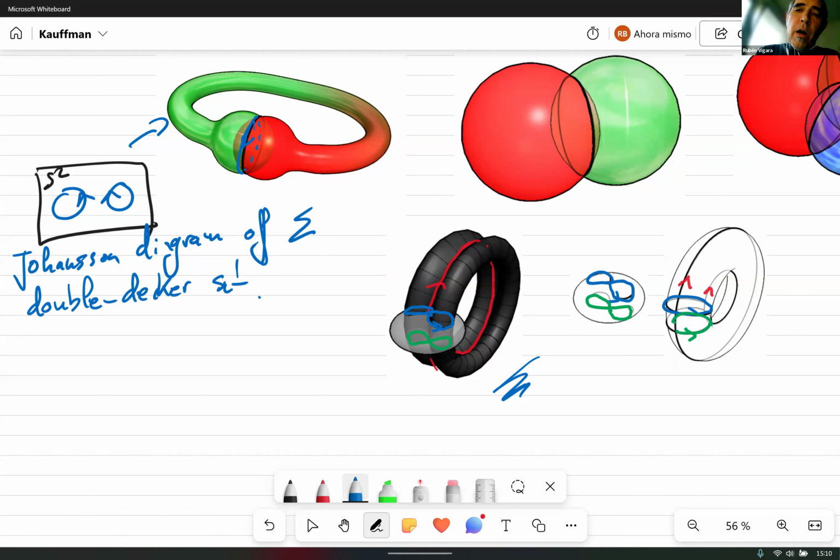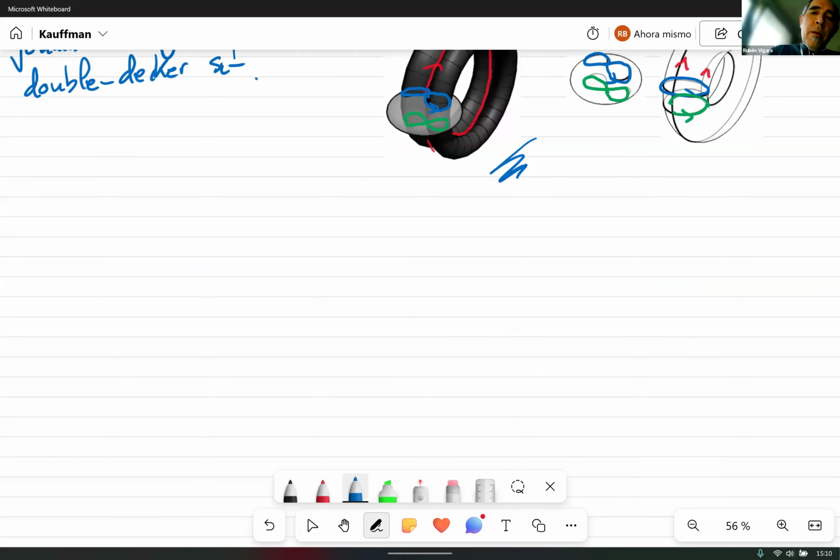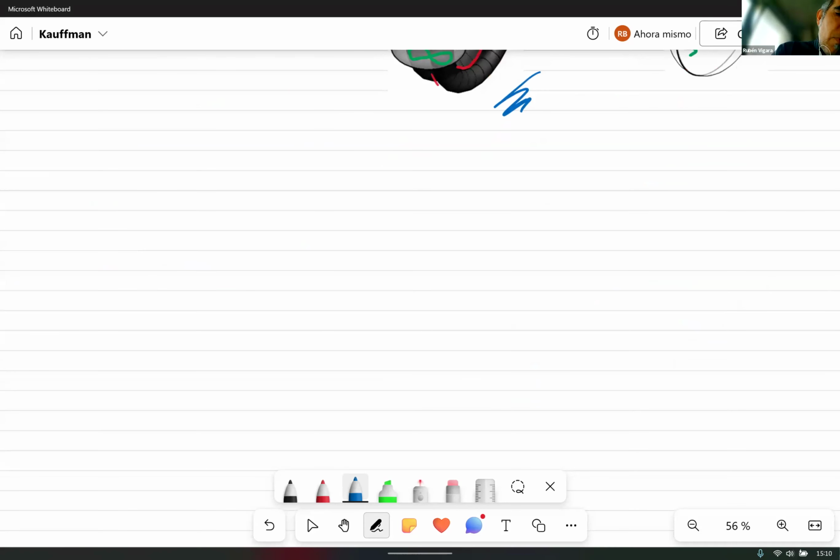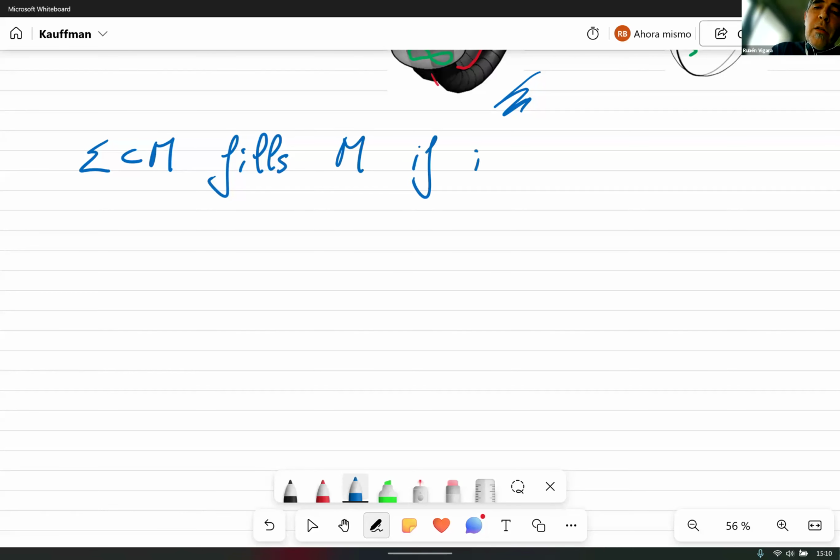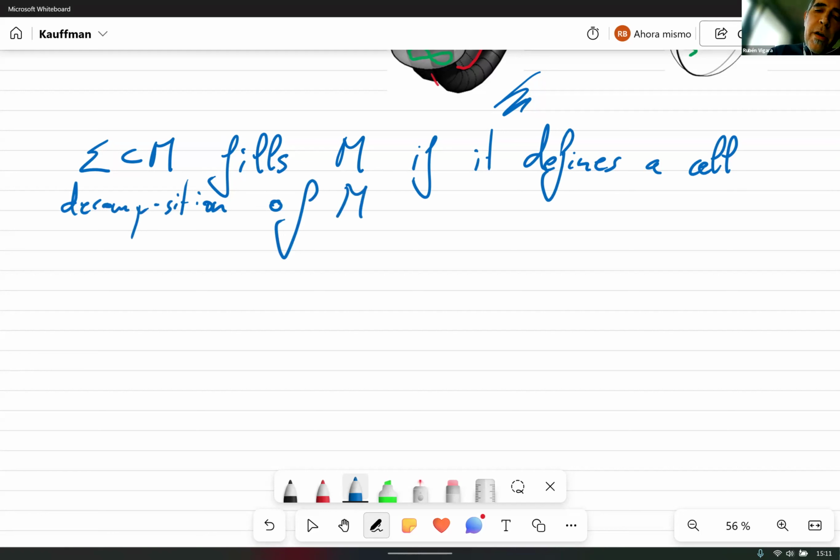Well, these are dense surfaces. So what do we mean by filling dense surfaces? Suppose that sigma is a dense surface in the three-manifold M. We say that it fills M if it defines a cell decomposition of the three-manifold where,